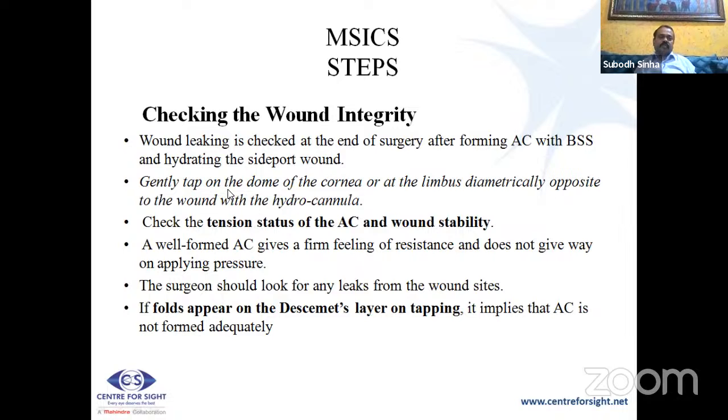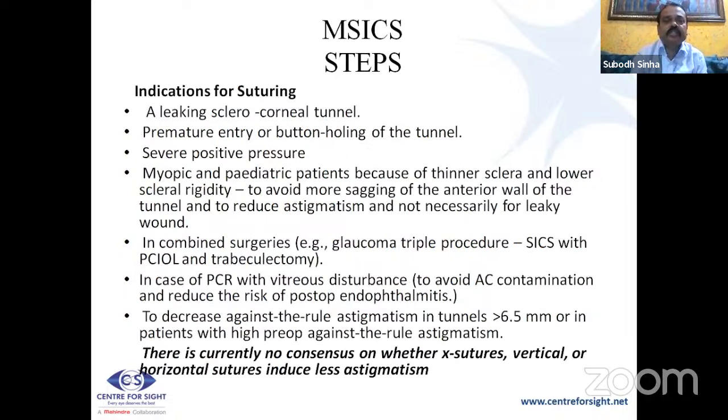You simply put a gentle tap on the center of the cornea or the limbus diametrically opposite and see the tension strength of the ACN wound stability. If by any chance you find that the wound is leaking, then it's always better to suture. Indications for suturing will be a leaking sclerocorneal tunnel, premature entry and buttonholing, severe positive pressure, myopic and pediatric patients